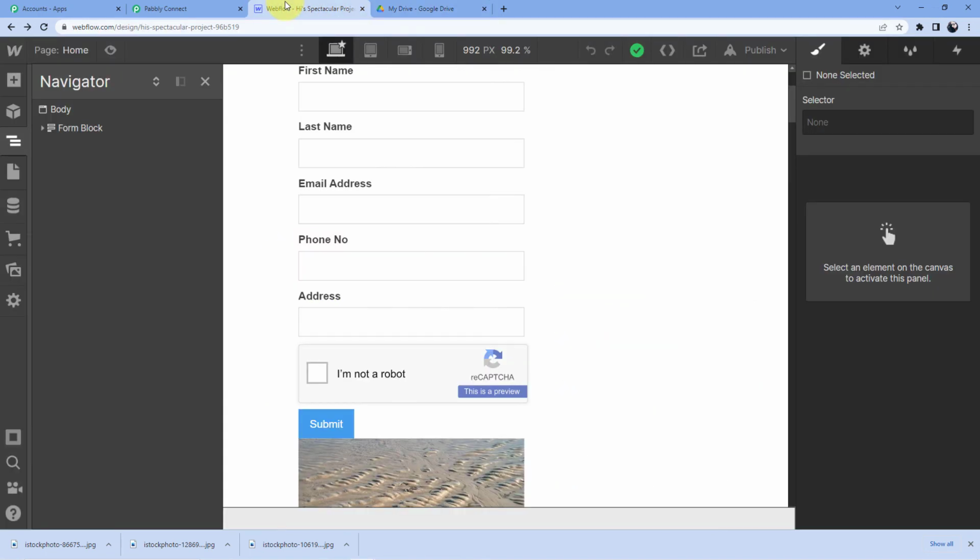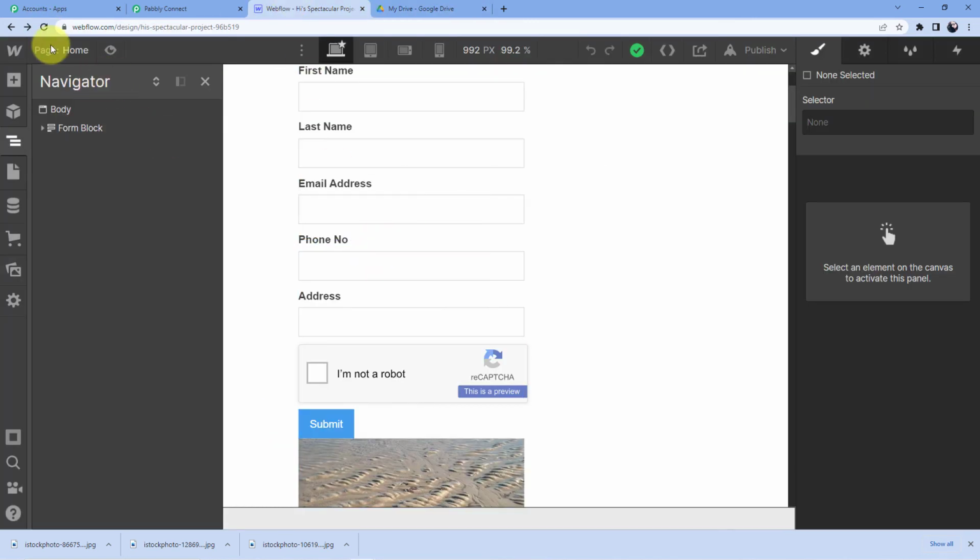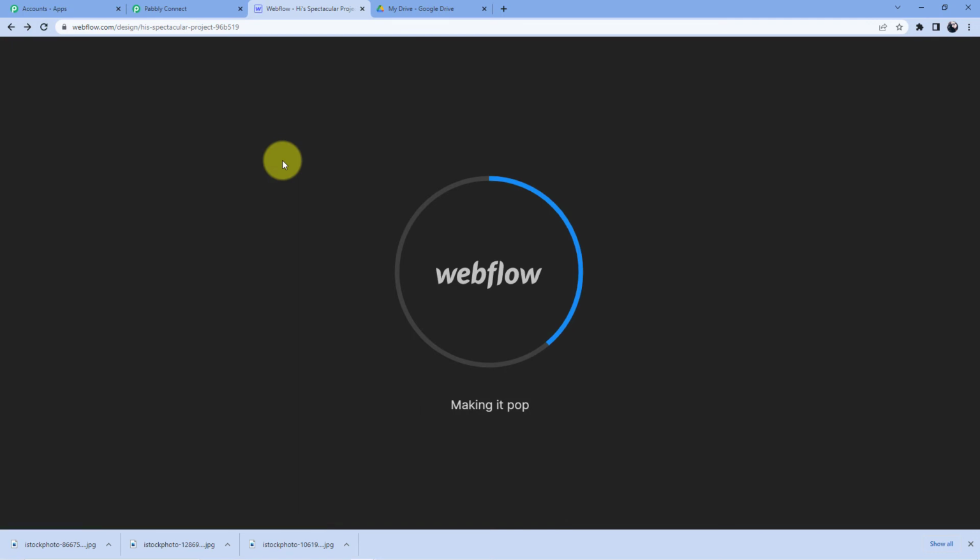And now what will happen, we have to just refresh this once, go back here, and now refresh this as well. Now let me tell you one thing: when we are doing this automation through Google Drive, we are using a trigger which is called polling, and polling will send the data from Google Drive to Webflow in some time. So your data can come here within seconds. It can also take some minutes. So if your data is not here right now, do not worry about it and do not panic. It can take 3 to 5 minutes or 10 minutes to have your data into your Webflow account. You do not have to click refresh again and again. Your data will come here automatically. Okay, like we are just waiting here. So let us just wait and see in how much time our data will come here.